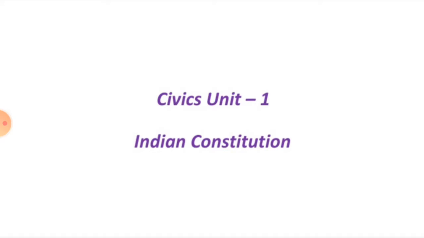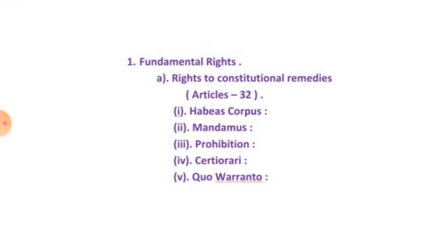I am going to take the topic Civics, Unit 1, lesson Indian Constitution. In the last class, we learnt about the need for the Constitution, making of the Indian Constitution, salient features of the Indian Constitution, preamble, citizenship. Now we discuss fundamental rights, right to constitutional remedies, habeas corpus, mandamus, prohibition, certiorari, quo warranto,